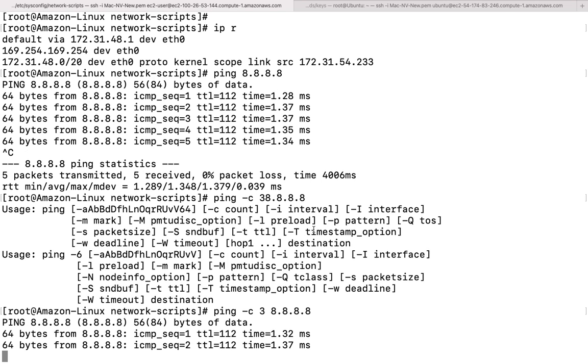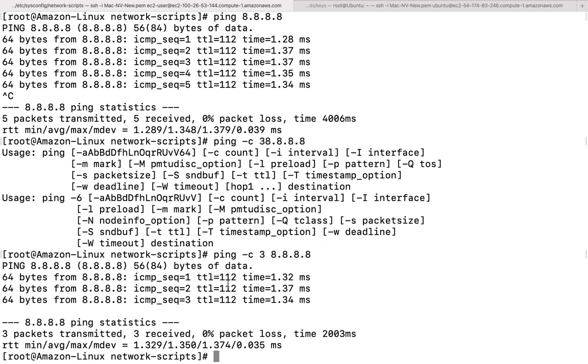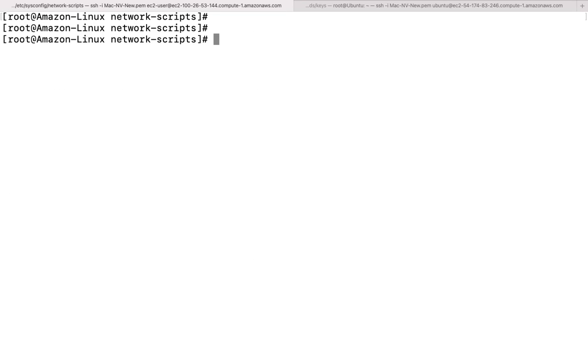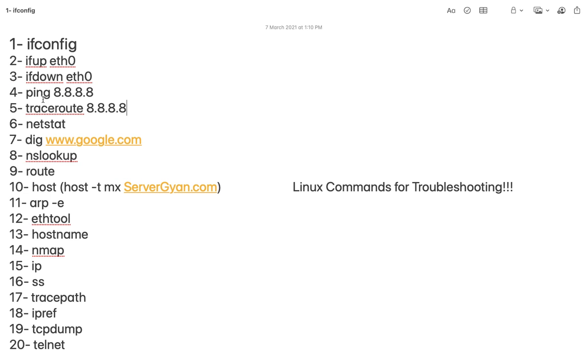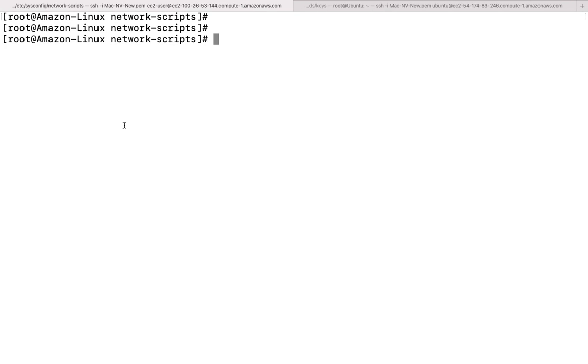Only 3 packets will be sent, and after that the command will exit. This is how I can check whether the system is reachable or not. If any system is responding, it means the system is reachable and we can easily connect with it. But obviously, for getting in touch with that system, we need to have the proper port numbers open, a user ID and password, or maybe the keys in order to access that operating system. The next command we have here is traceroute.